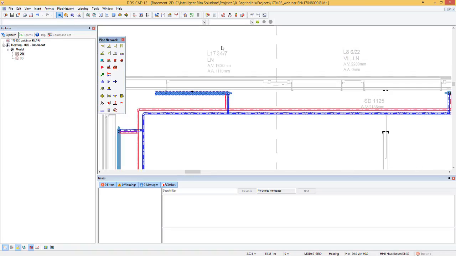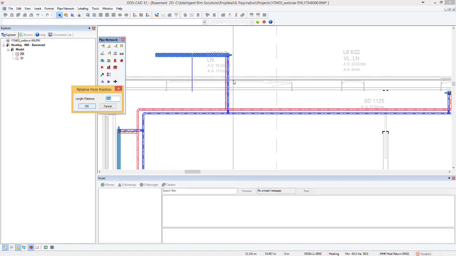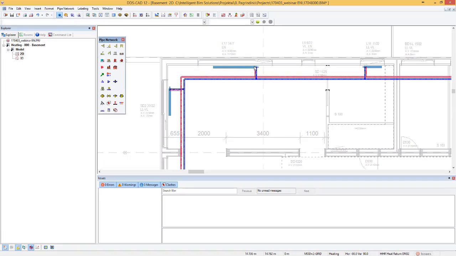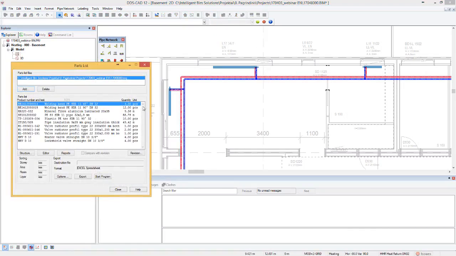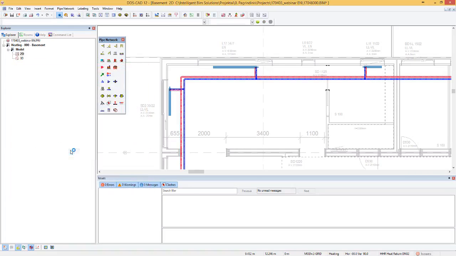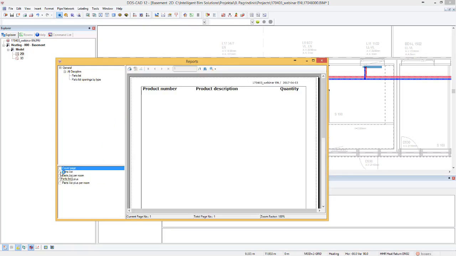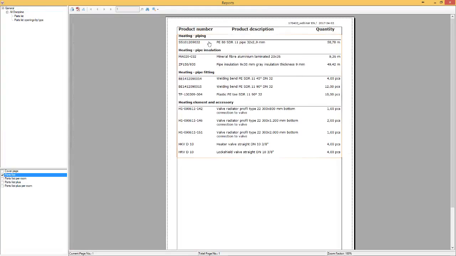If I go up 1 meter, you can see my pipe is increasing. So it's intelligent and it's according to the equipment. All changes are included in the part list. If you look here, you can see all materials which are included in this project. You can make a report. You can select part list, so you can see what is included here, like total length of